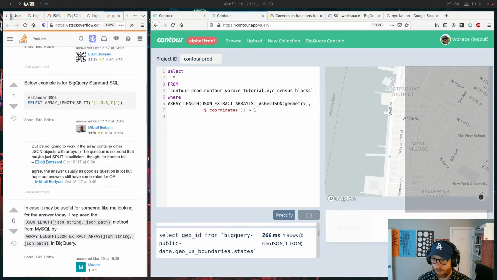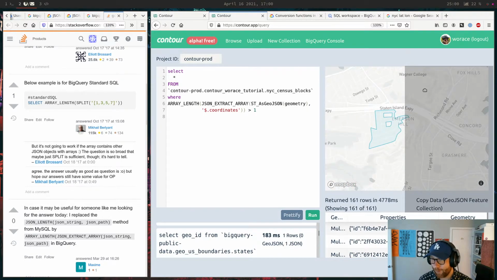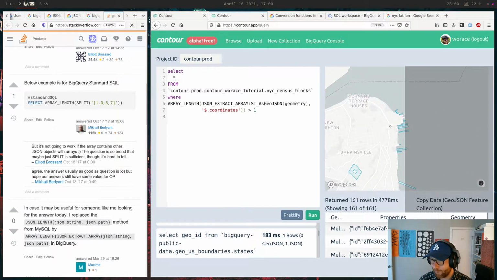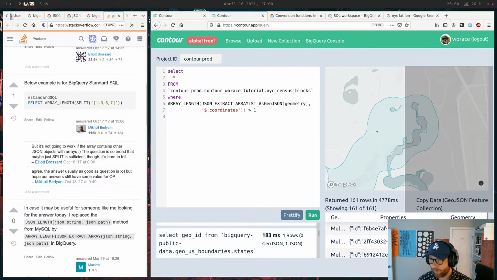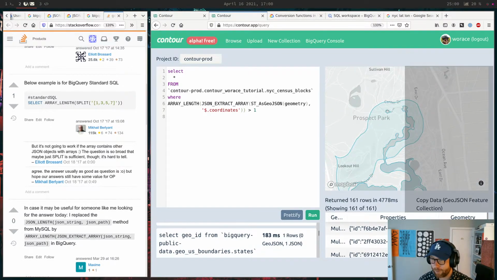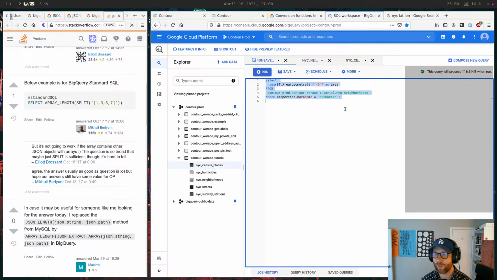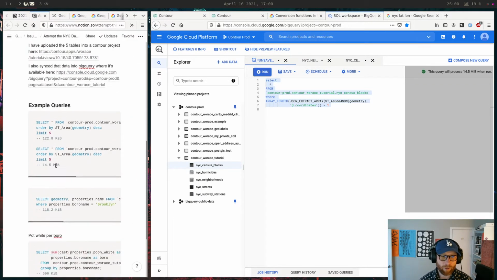I guess you could make a UDF out of it. Yo, I think that did work. Look, that has a hole. That has a hole. I don't know what the heck is going on here. That's a crazy census. I guess they made the wharfs into a census block. Oh, because I guess they don't include the water in the census block, so that has a hole. Wow, gold star for that idea. That did work. How much is this? This is not great because this has to definitely scan the whole thing. 14 megs is still not so bad, but I'm gonna put that in the query hall of fame.